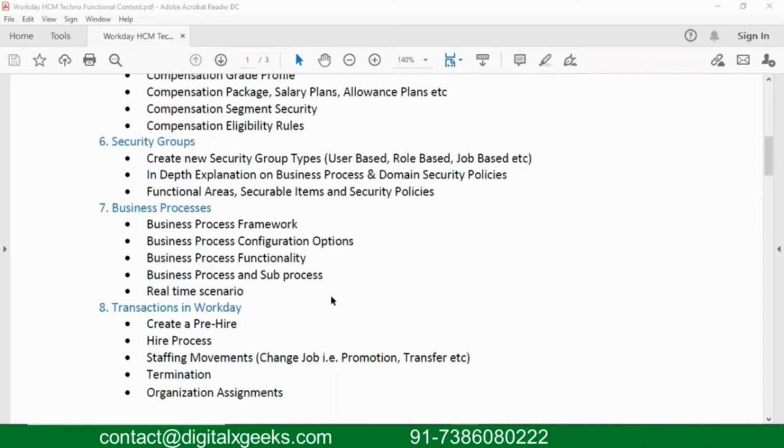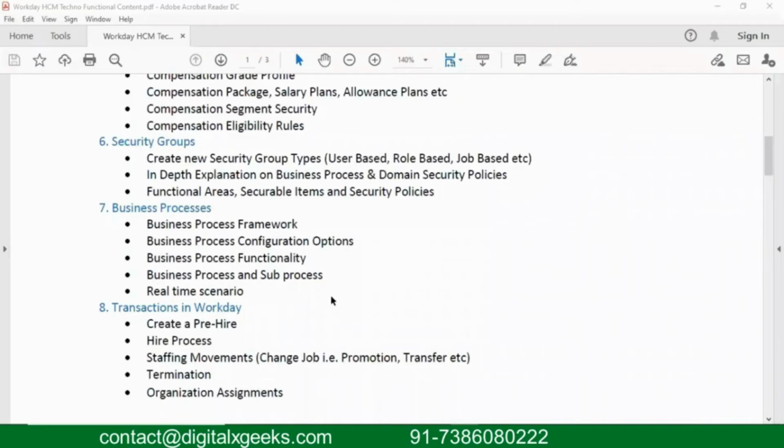We always have to go and configure these BPs for our client-specific requirements. If my client says that I have 5 level stages in my hiring, you have to configure 5 stages. For another client, if he says that I have 10 stages, you have to configure 10 stages. That's all you will configure for all the BPs.